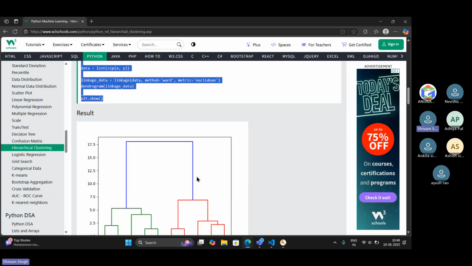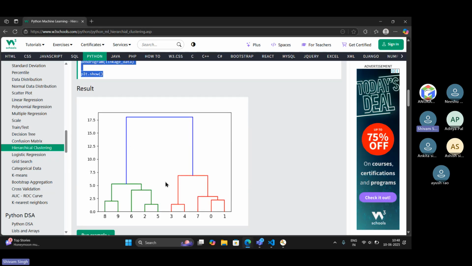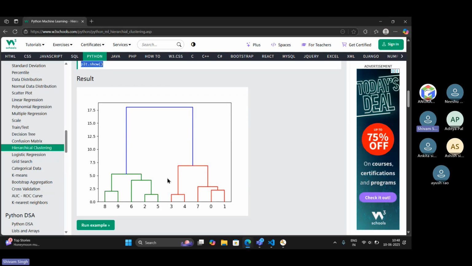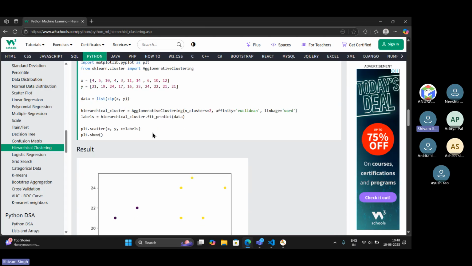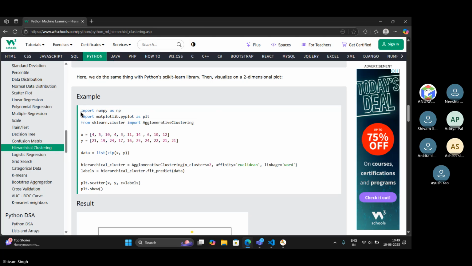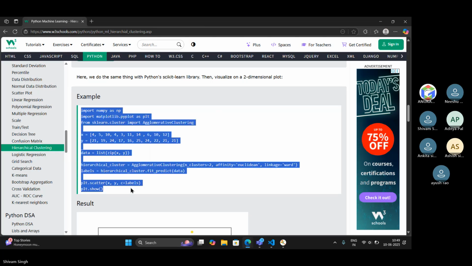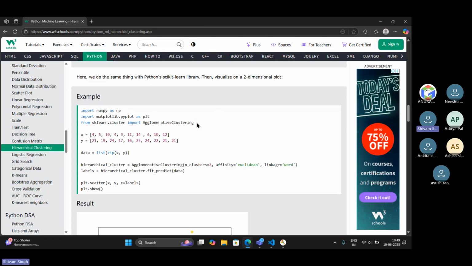So basically, a dendrogram is a tree-like diagram that is used to show the arrangement of clusters. Here we do the same thing with the Python scikit-learn library, then visualize on a two-dimensional plot. Here we are importing the agglomerative clustering module.